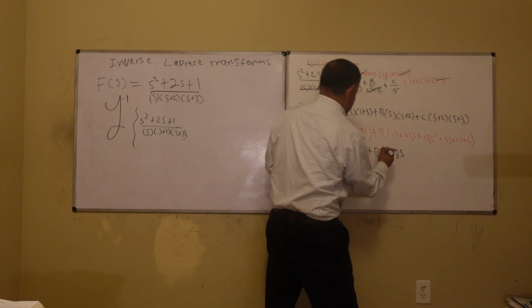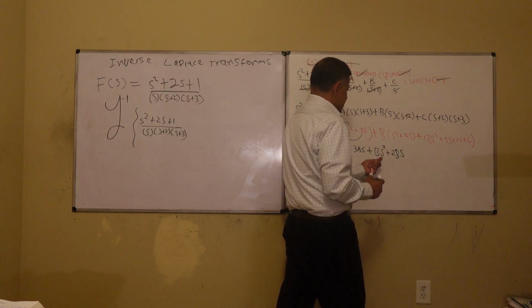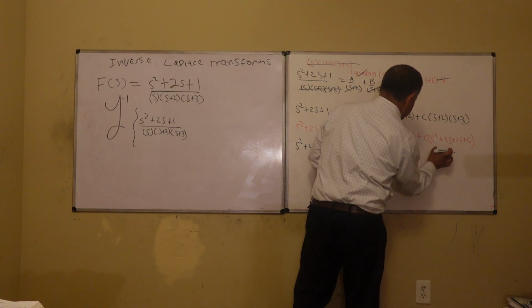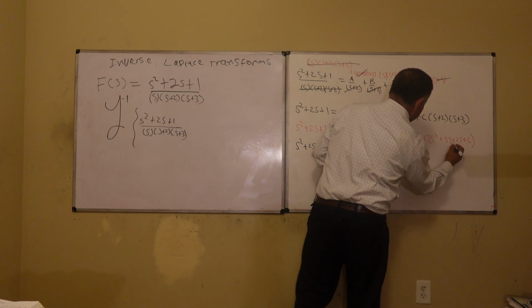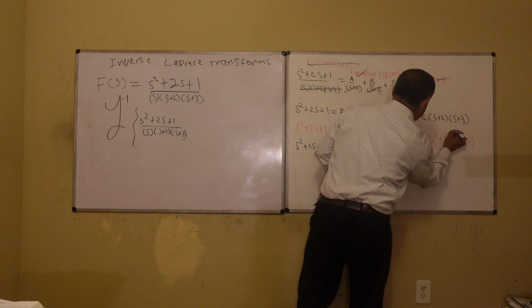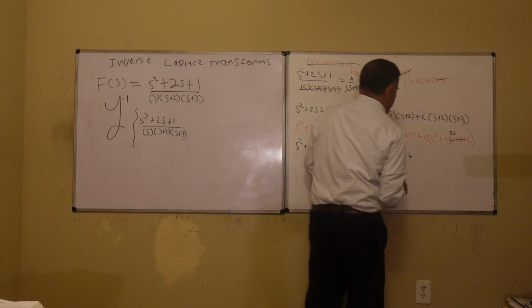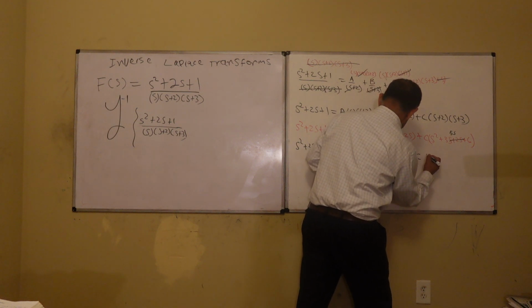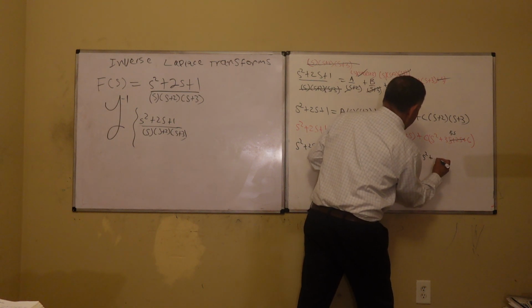Plus BS squared, plus 2BS plus, and then those two right here. So this is going to be equal to 5S, right? And then those two, right? So now plus C, CS squared plus,